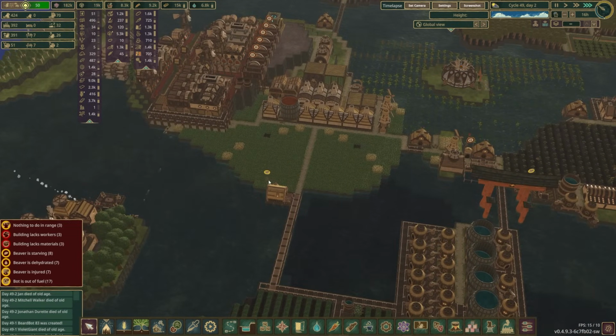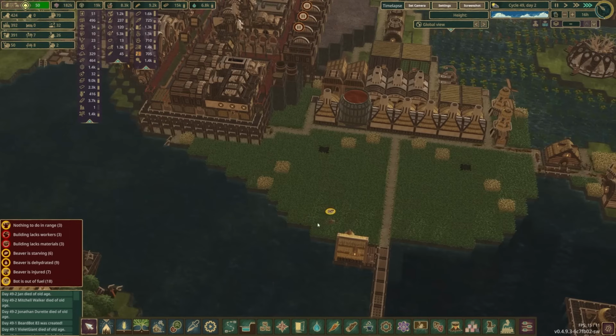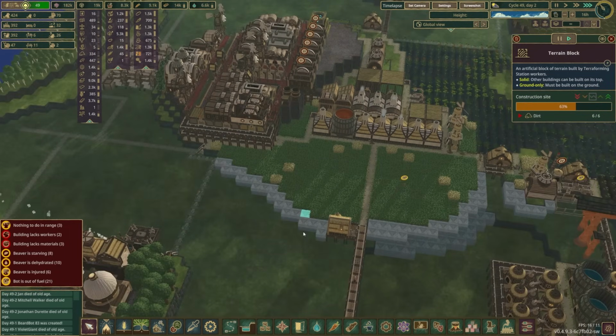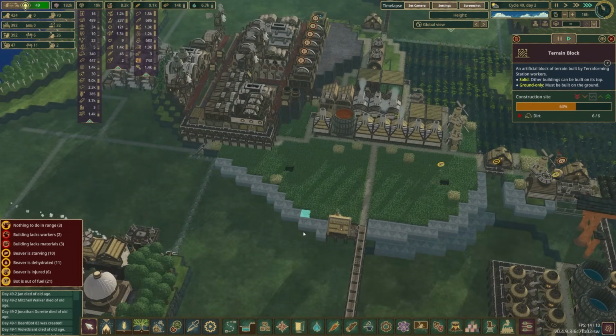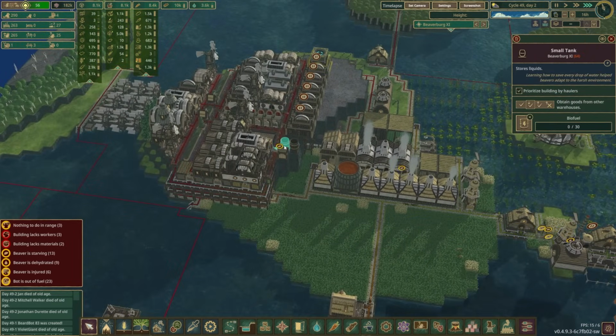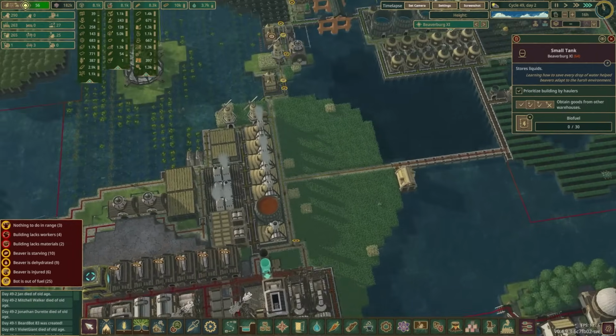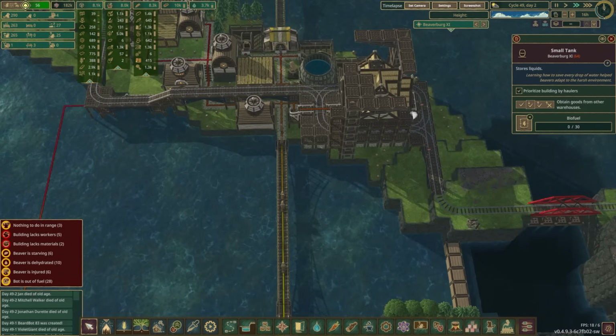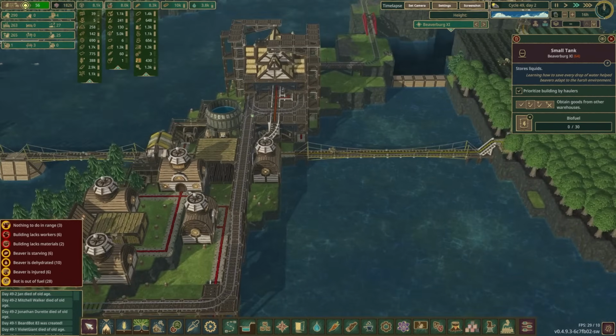Yep, we already have bots out of fuel. But they're delivering the dirt. They're just not quite doing what they're supposed to be doing here. Okay, so that's empty. Okay, I got to take this back down to 2 times speed. We got to have some storage for